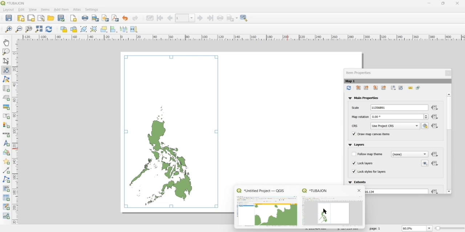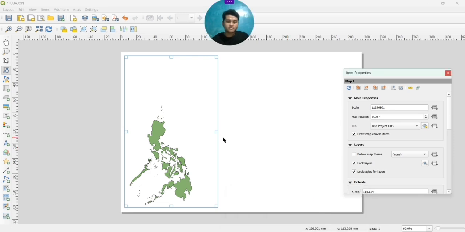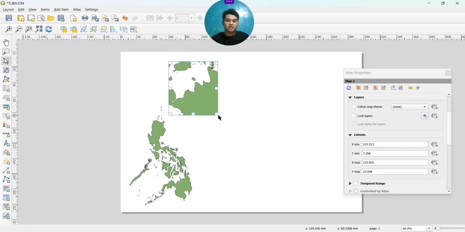When you're done with it, go to the other tab, click on it, and then just what we have done before, click the add map and then drag it as what your preferred area in the map you've been creating. Click it and then go to move item content.